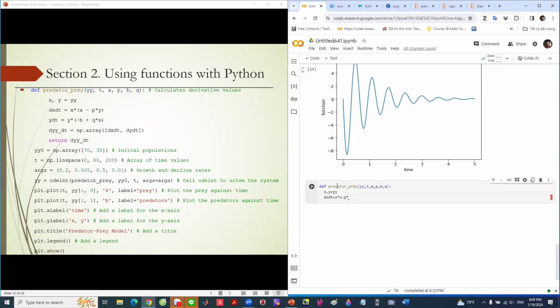Okay, we can use p x y, and the second equation is dy dt